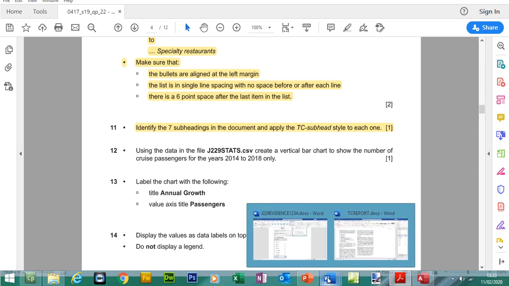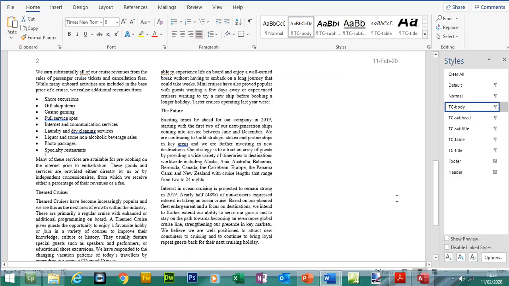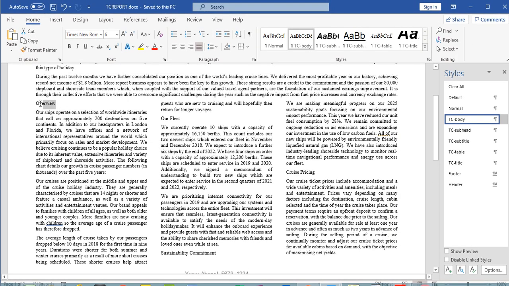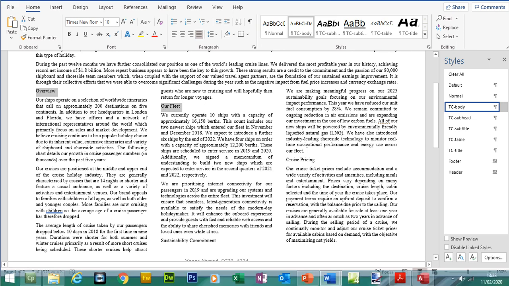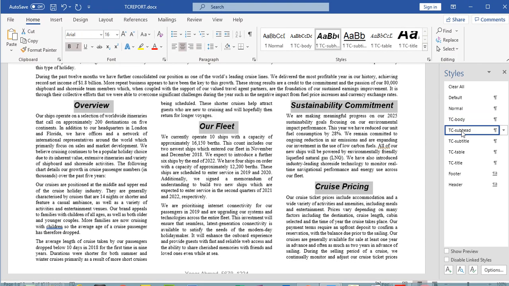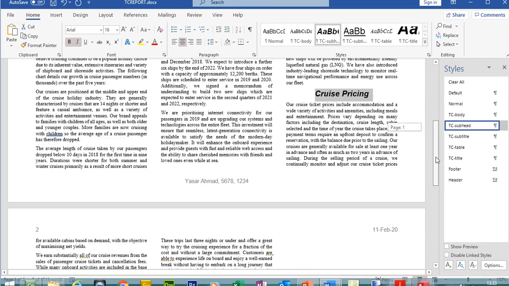So there's going to be 7 TC subheads we need to apply. Subheadings, start on the first page. We'll do 1 page at a time. So that's 1. I'm going to press Ctrl to select more than 1 title. 2, 3, 4. TC subhead. Yeah, that looks fine to me. So we've got the first 4,